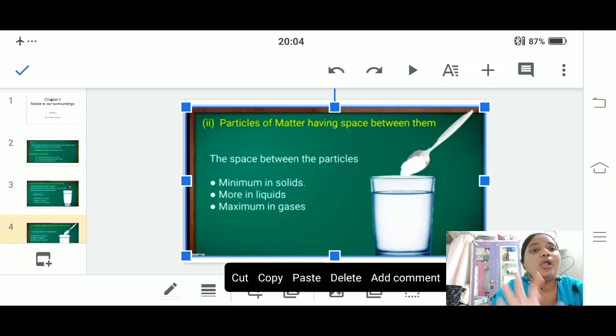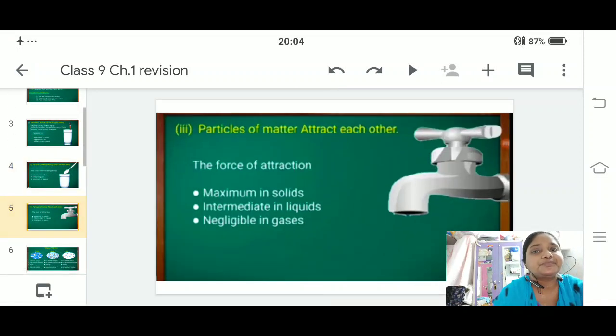That's why the water level does not rise. So the space between particles is minimum in solids, more in liquids, maximum in gases. Clear?